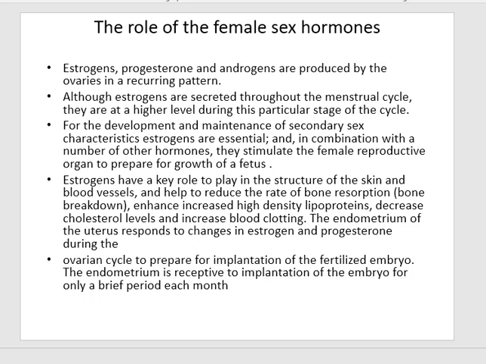clotting. The endometrium of the uterus responds to changes in estrogen and progesterone during the ovarian cycle to prepare for implantation of the fertilized embryo. The endometrium is receptive to implantation of the embryo for only a brief period each month. Okay. فإذا